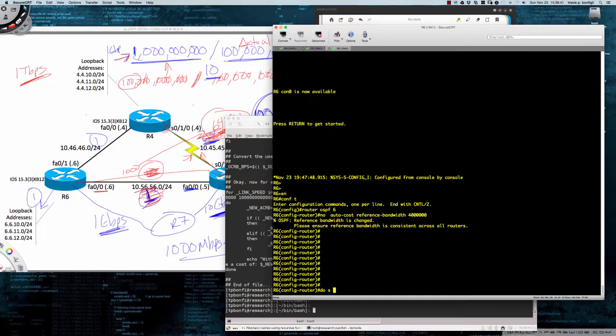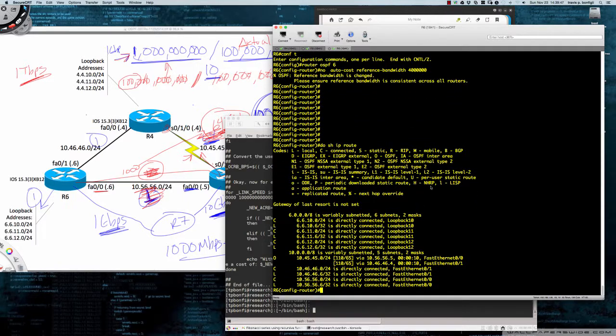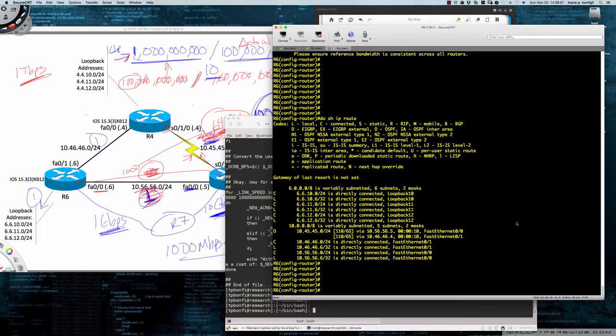So now if I do a do show IP route, whoops, our costs have come down, and they're much easier to look at right now, right? Okay. So the next thing that we want to talk about is what we just kind of alluded to,